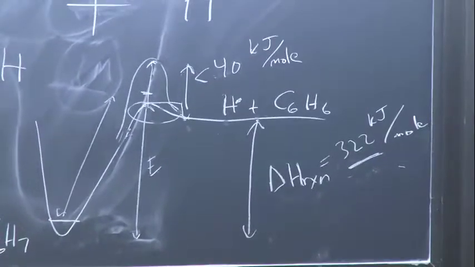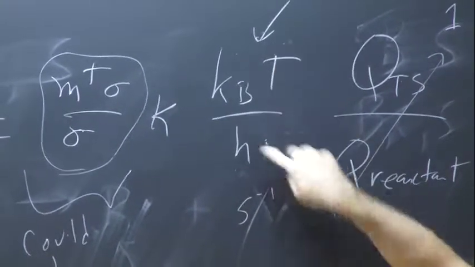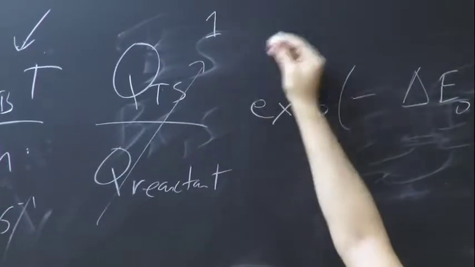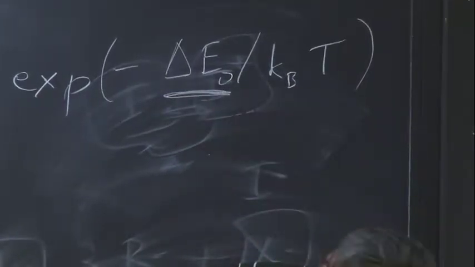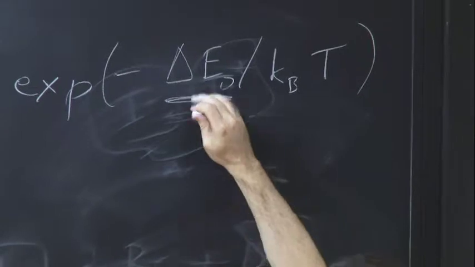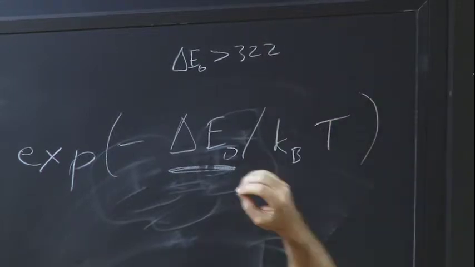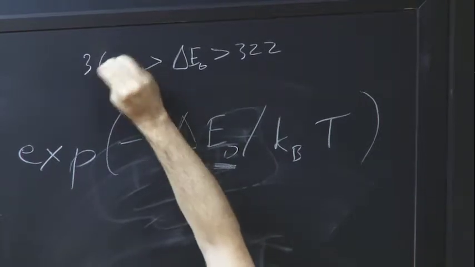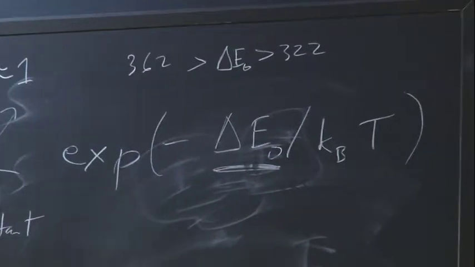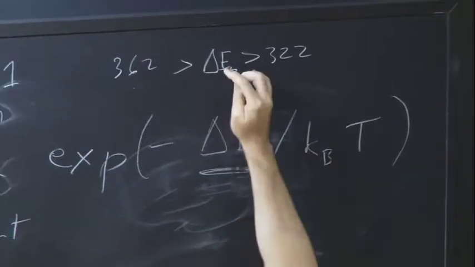So in this expression, you have this number, which is going to be a big number because H is very tiny. So you have some big giant number here. This number is about 1, so our approximation. And so now the key thing is what's this number? And then you're going to plug in this number, whatever you put in. And this number, now we've just decided that delta E0 is going to be greater than 322. Right? And then I would tell you that it's also going to be less than 362 or something, because it's maybe 40 kilojoules higher. So somewhere in that region is what that value is going to be. So you're going to have a value in this range, 362 to 322. This is actually already a pretty tight error bar to tell you what the rate is.